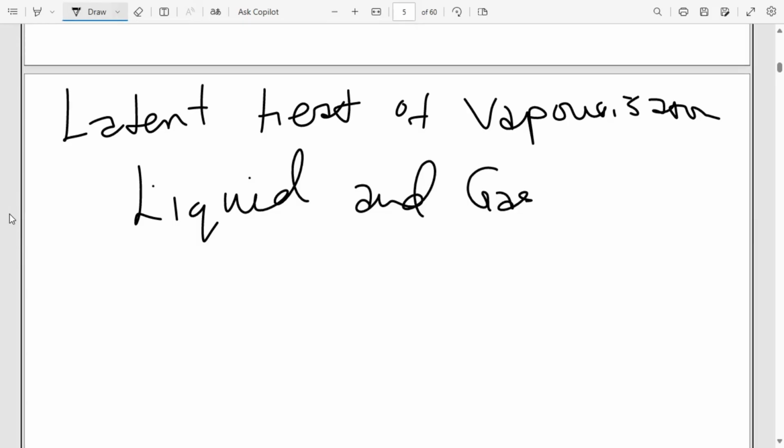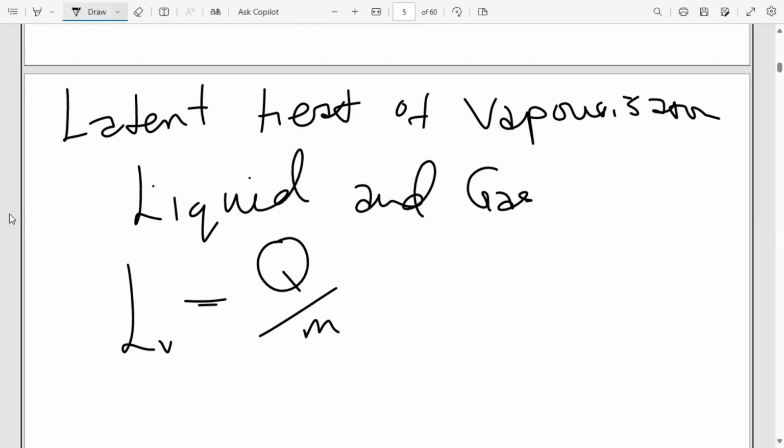So it is going to be absorbed when you're changing from a liquid to a gas, and released when you're talking about a phase change from a gas to a liquid, and it is represented by LV being equal to Q, which is the thermal energy, over M, which is the mass of that particular substance. So these are the two types of latent heat that you are supposed to know: latent heat of fusion and latent heat of vaporization, depending on which two phases are interchanging between themselves.